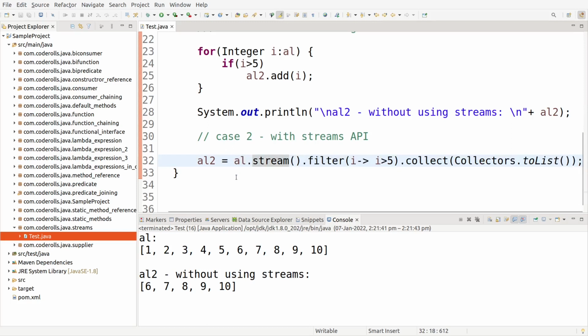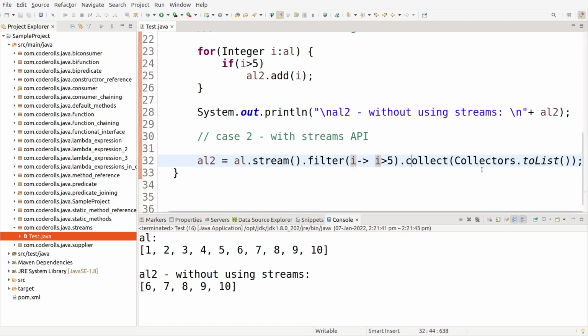Now we will understand this statement. So first we get the stream on our AL array list, and then we have filtered the elements where i is greater than 5. Now here i is an input parameter which will be an element from the AL, and we are checking whether our element is greater than 5 or not.